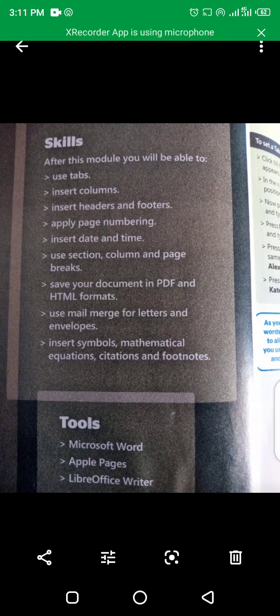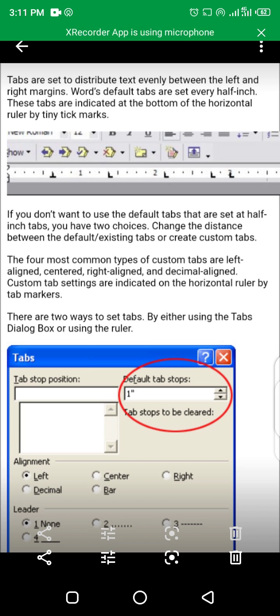Now all these skills and objectives are related to the whole chapter, not only to the specific task. Now start with the first topic of the task, that is tabs. Tabs are set to distribute text evenly between the left and the right margins. Word's default tabs are set every half inch. These tabs are indicated at the bottom of the horizontal ruler by tiny tick markers.